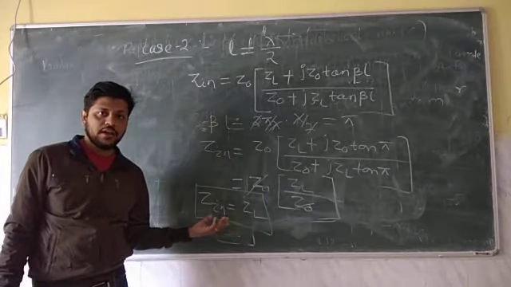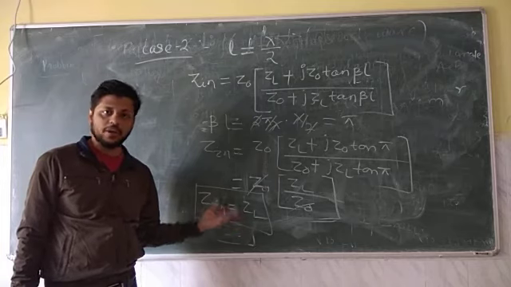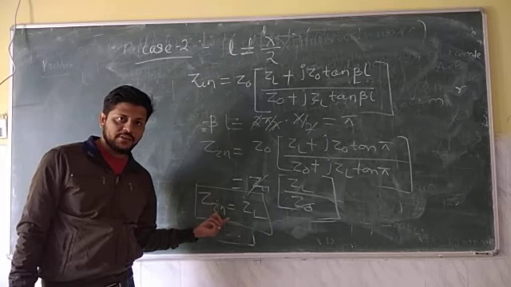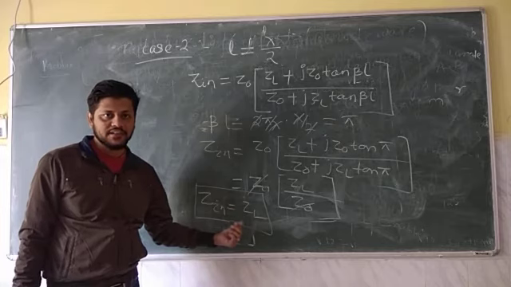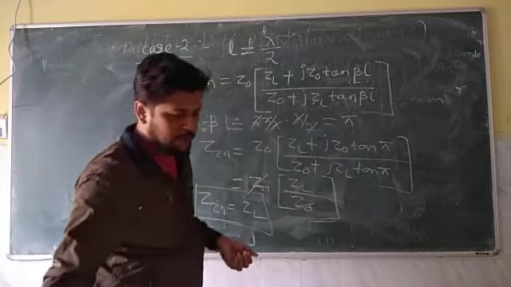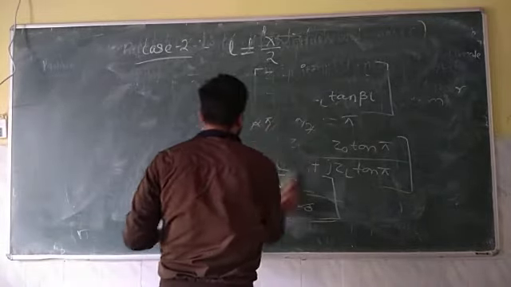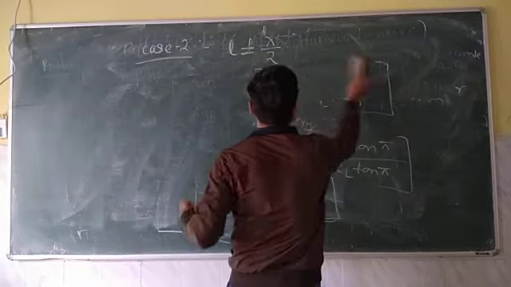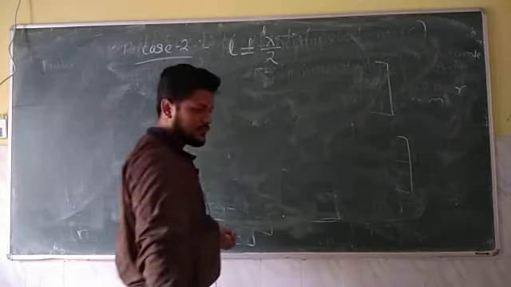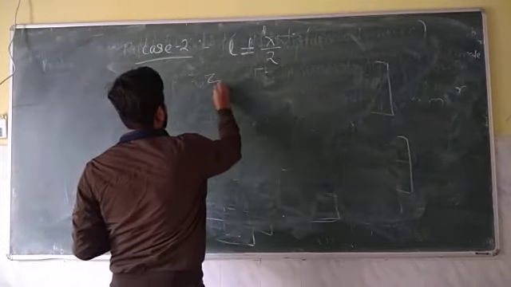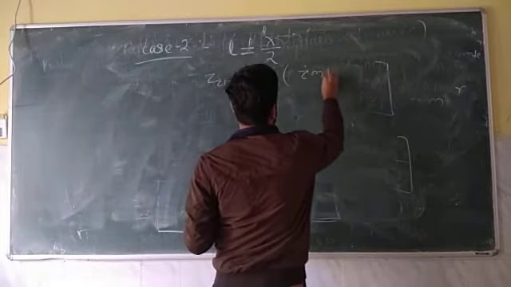Here we can see at a quarter wave transmission line, Zin is the inverse of ZL. Zin is equal to Z0 square by ZL. But in case of a half wavelength transmission line, Zin is equal to ZL. That is impedance reflection. This condition is also known as impedance reflection. That is, Zin is equal to ZL means this is your impedance reflection.